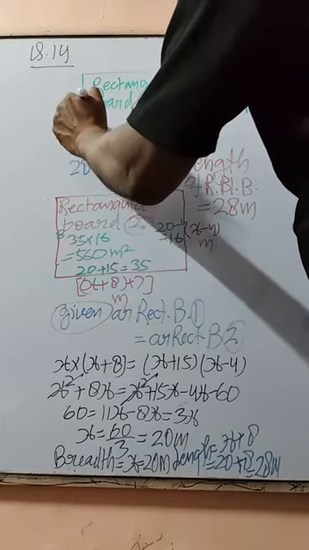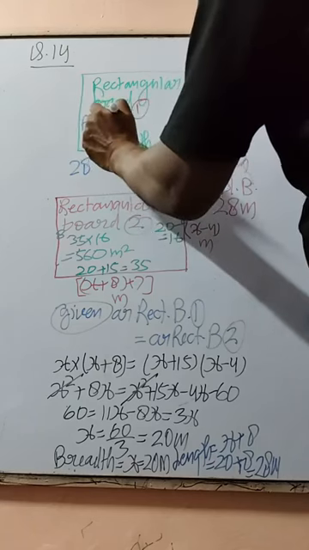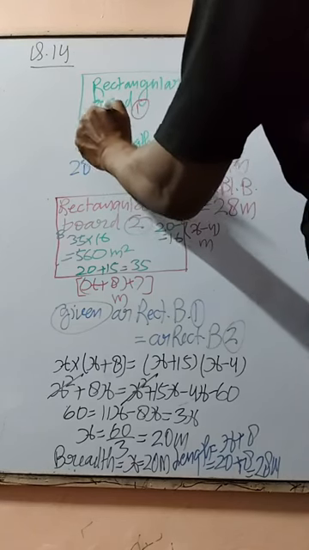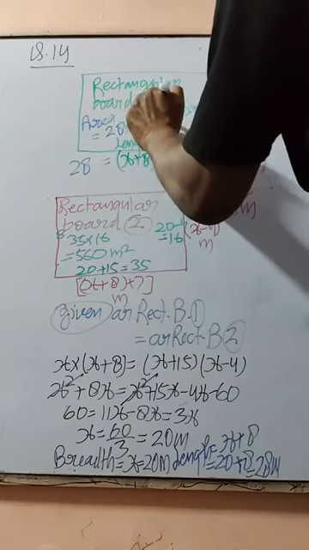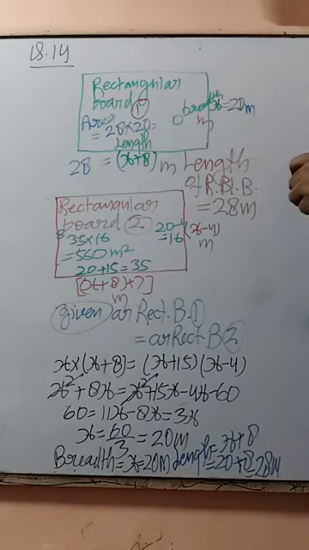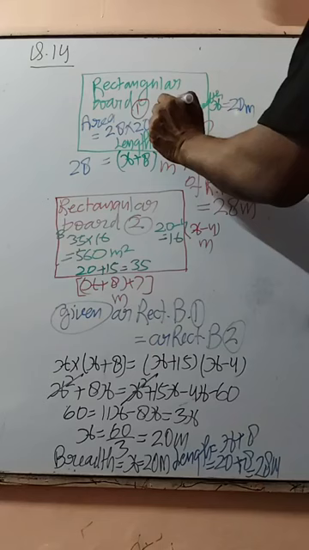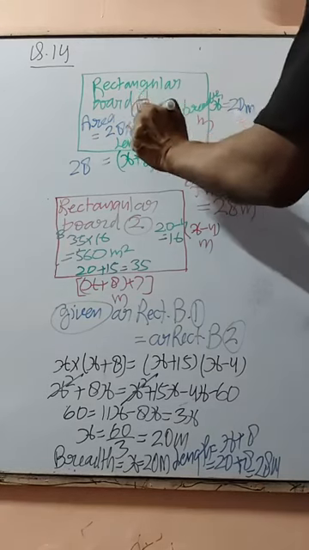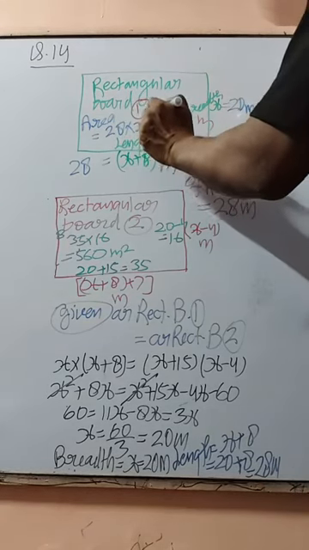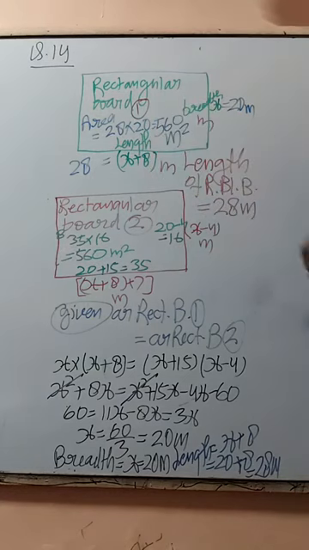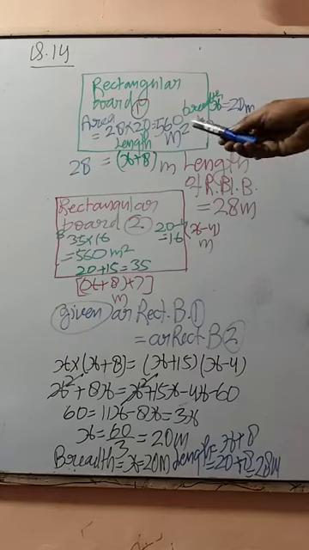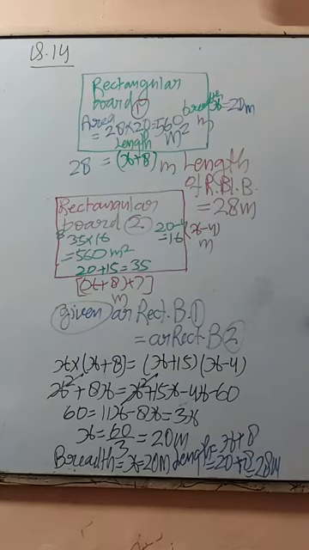So area is 28 into 20. 0, 2 times 8 becomes 16, 2 times 4 becomes 560 meter square. Right? 560 meter square. So as question is saying, in both conditions,